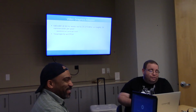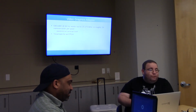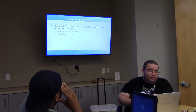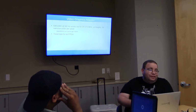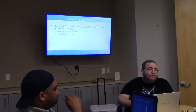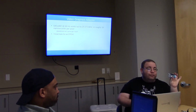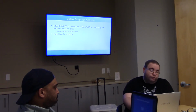So 60 frames a second, 640 by 480, works out to exactly 25.175 megahertz, or roughly a little under 40 nanoseconds per pixel, which means that Arduino digitalWrite ain't going to get it done. You need to go way faster than that. You need to be able to reliably produce data on those RGB lines every 40 nanoseconds. Trivial for an FPGA to do. The design that I've got on it now will run up to 130 megahertz, which is way faster than I want it to, but...